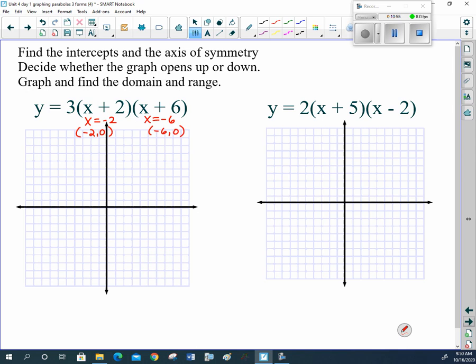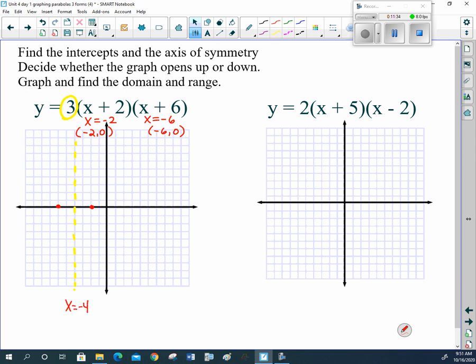So when I come over here at (-2, 0) and (-6, 0) and put my points, I know by looking at my a right here that my parabola is going to open up. It's a +3. I just don't know where the vertex is yet. But I do have x-intercepts. I do know that a parabola is symmetric, so I know this is my axis of symmetry right here. And so my axis of symmetry is going to be at x equals